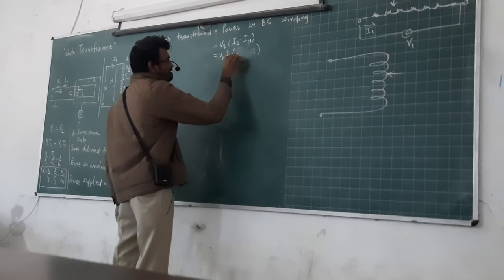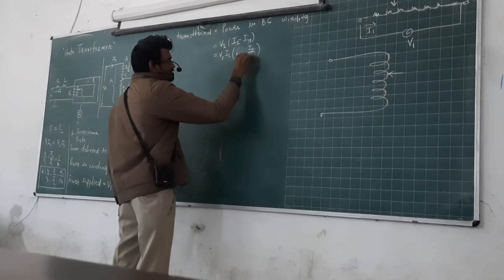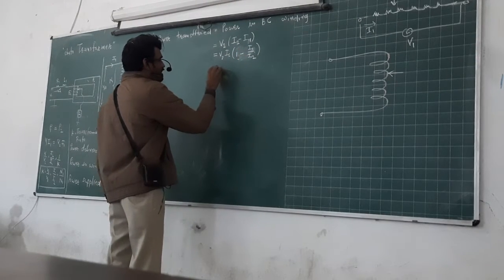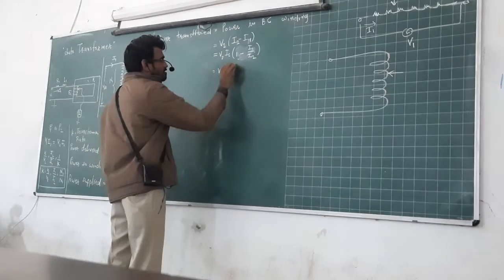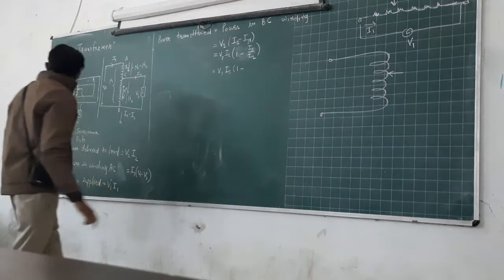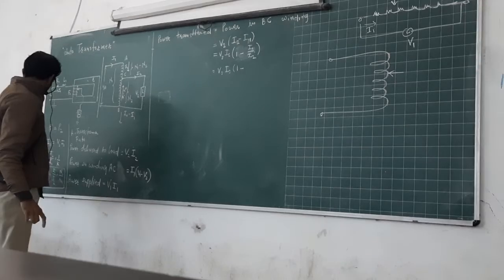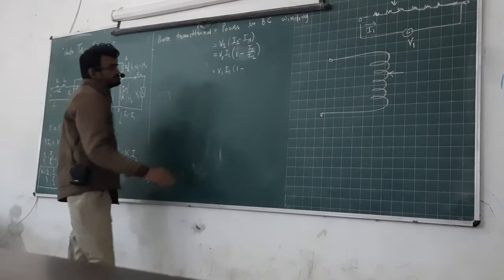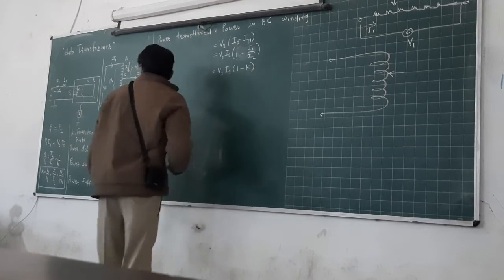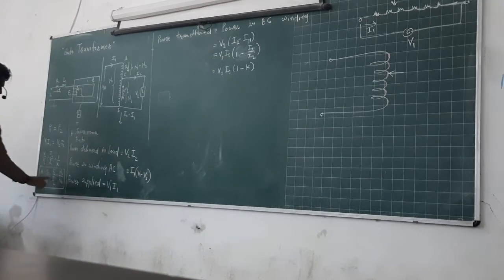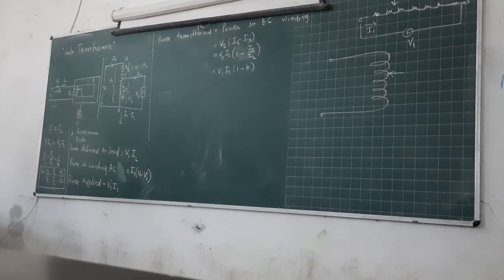I2 is 1 minus I1 by I2, and V2 I2 1 minus I1 by I2 is K. Okay, transformation ratio I1 by I2 is K. So here V2 I2 1 minus K. Okay. Now the ratio of power transfer to the